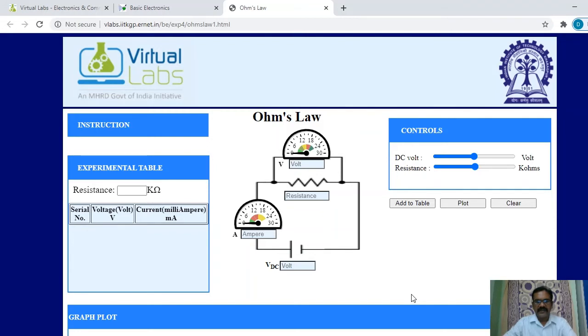By pressing the function key F1, we can say something to the students. I'm pressing F1 so that our face can be shown to the students and we can explain about this experiment. Press F1. Good morning, students. In this lesson, we are going to demonstrate Ohm's law.